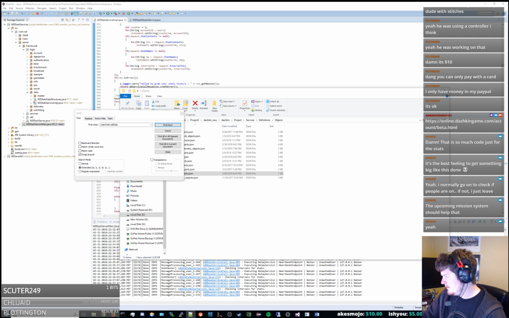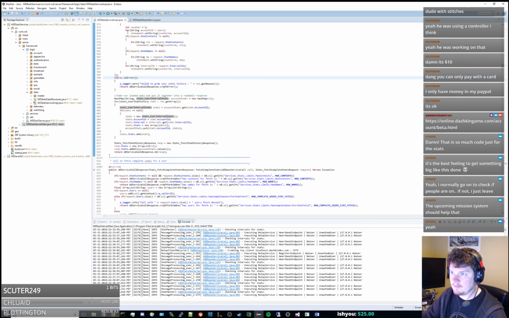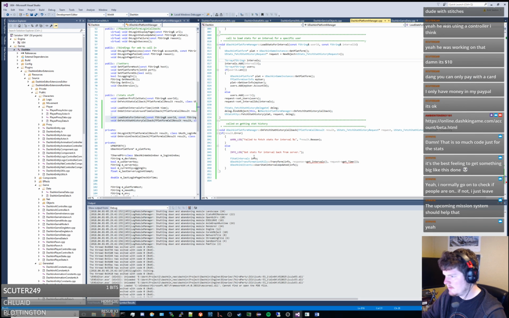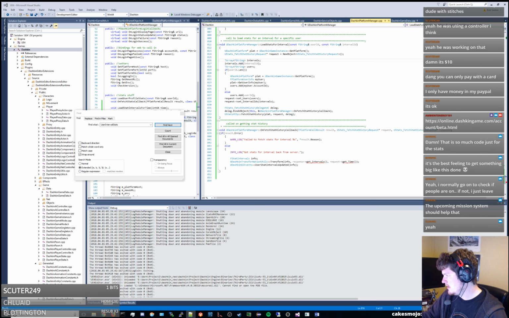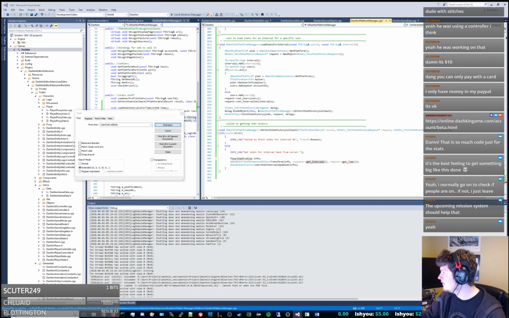So we need another game object here. So we have stat intervals, user stat profile, then we have user stats. So what we need to do is create a user stats list out of the user interval stats. So we're going to get back an object we can use, is what it looks like. Actually, we're making a user stat profile, is what it looks like. And this request is going to return